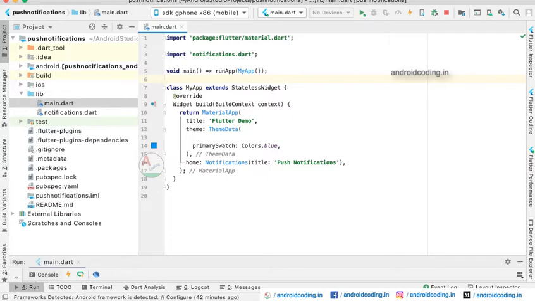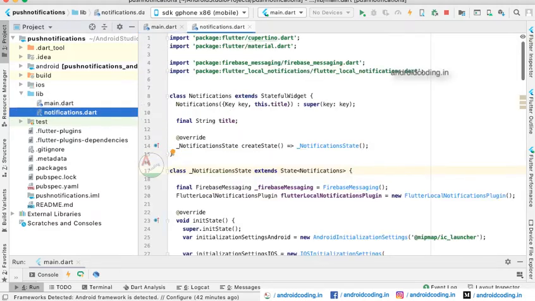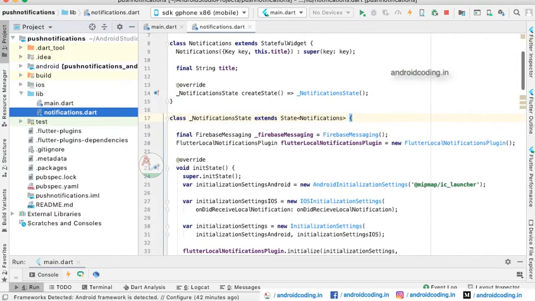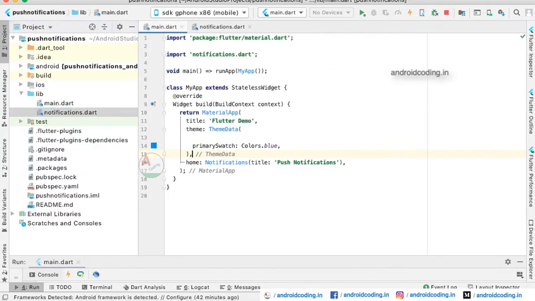Here we have declared a MaterialApp which will be returned. Then we have provided the theme data, and here you can see in the home we have navigated to the notifications. Here we have extended the notification class to a stateful widget, and you can notice we have also passed a title here.